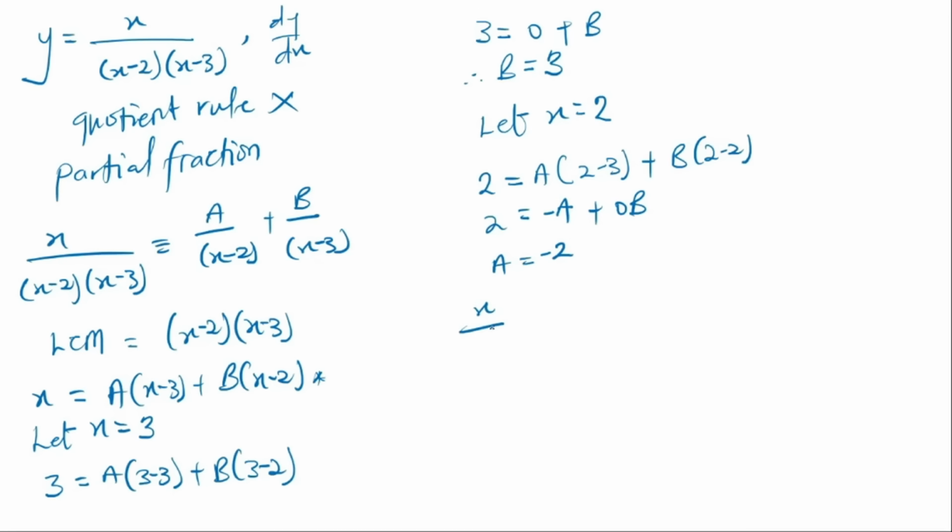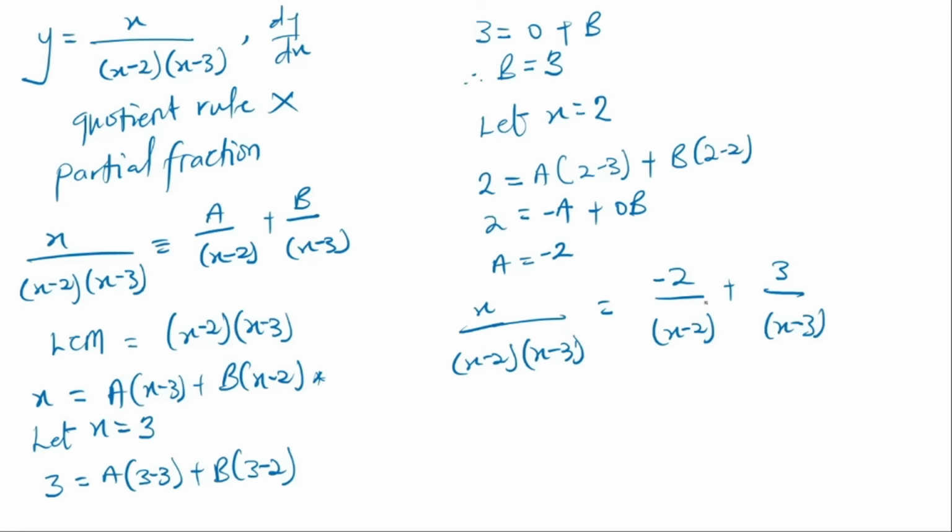So at the long run, converting the rational function into partial fractions, we have x / ((x - 2)(x - 3)) equal to, with a as negative 2, negative 2 over (x - 2), plus b, which is 3, over (x - 3). All right, so now that we have the function in a